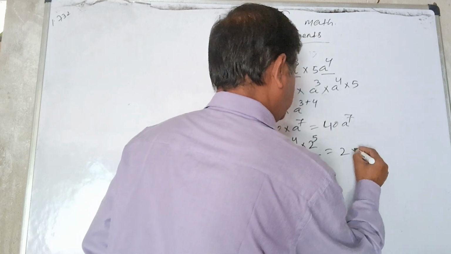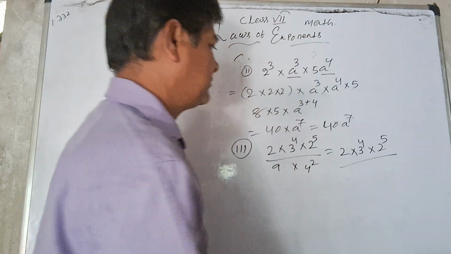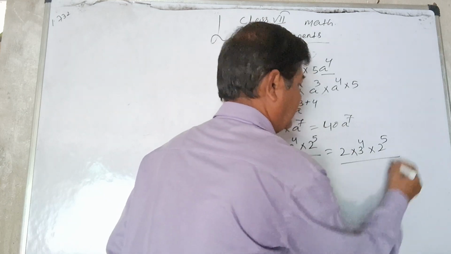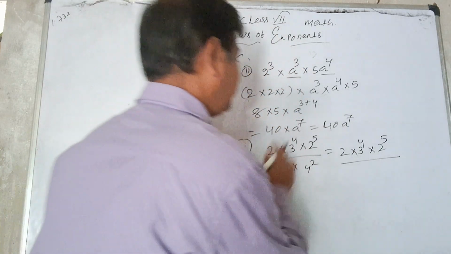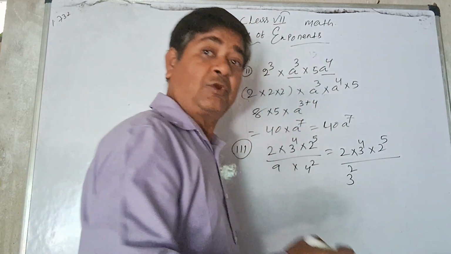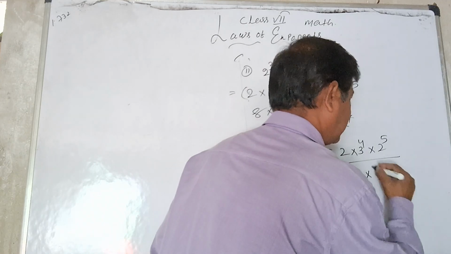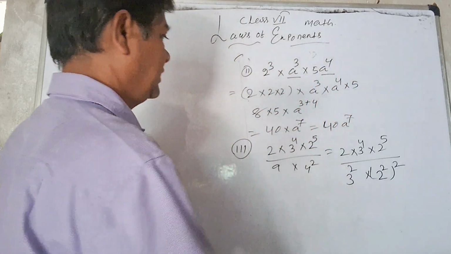Answer will be 2 into 3 to the power 4 into 2 to the power 5. Further, we cannot divide directly. Here 9 means 3 into 3, 3 to the power 2. 4 means 2 square, 2 into 2, 2 to the power 2, and 4 to the power 2 is 2 square again with power 2, which is 2 to the power 4. Answer will be